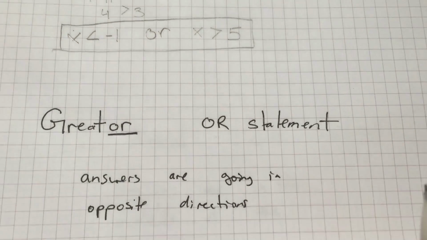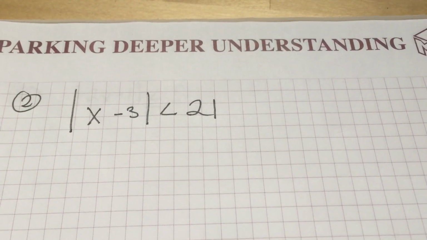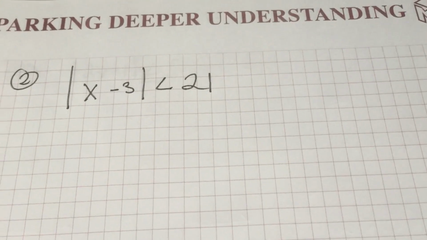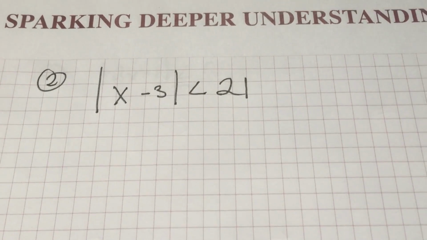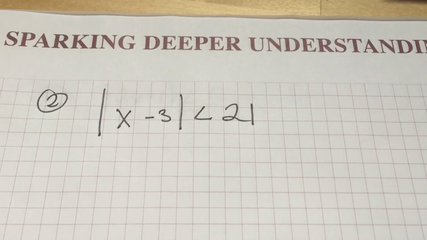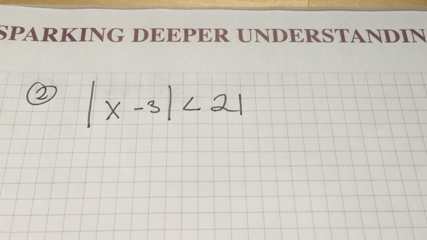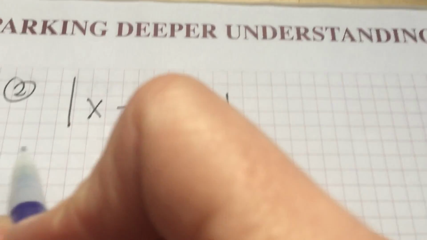Okay, so let's test this out for another problem. All right, so let's try example number 2. Notice that this one is not a greater sign, it's a less than sign. So hopefully we understand that greater means it's going to be an or statement. So less than is going to be something a little bit different. So again, I'm going to set this up in two